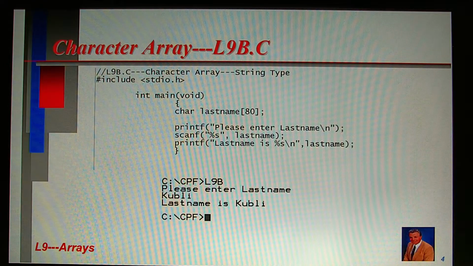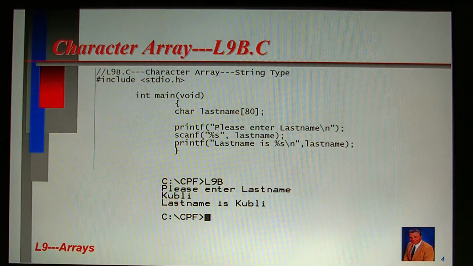Computer Program Model L9B.C also demonstrates a one-dimensional array, but in this case a character array, which is more akin to a string data type, because the array contains a string of characters which more closely represents a string data type. Without repeating what has been previously discussed with regard to the numerical one-dimensional array, let's examine the declaration of the one-dimensional character array, namely char lastName[80];